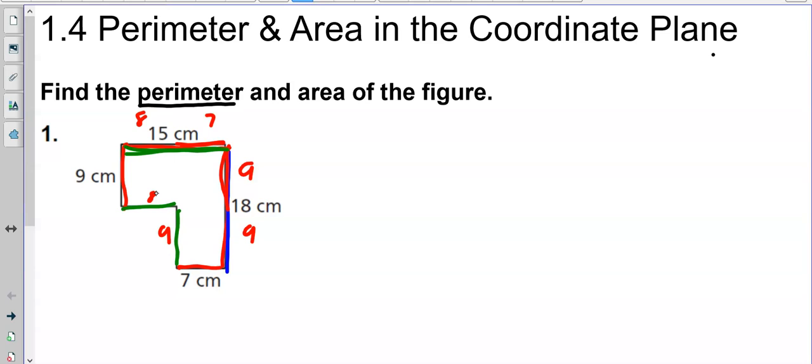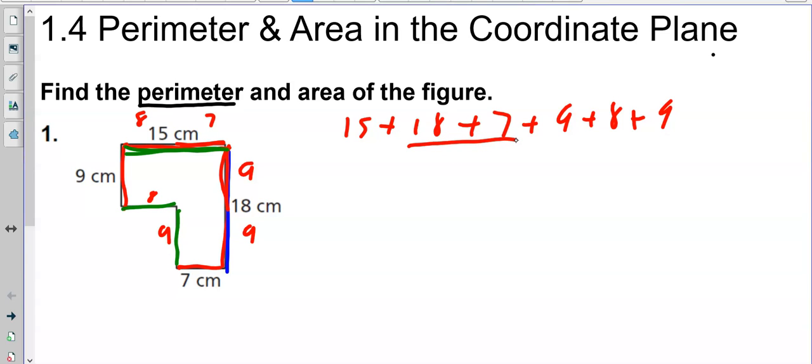Therefore, the perimeter is going to be 15 plus 18, or 9 plus 9, plus 7, plus that 9 we just found out, and the 8 we just found out, plus the 9 we already knew. So if we add those all up,